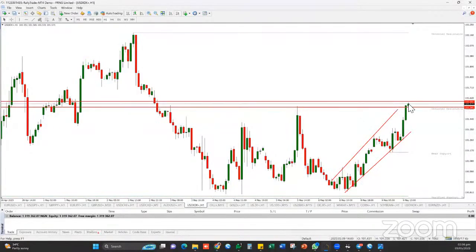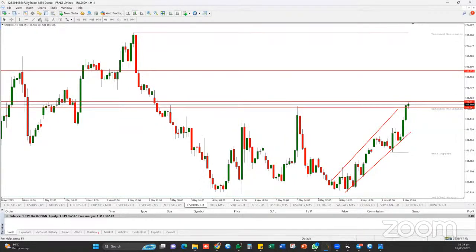101.591. Because I'm looking at this, it might be a fake out, so it never can tell. But if it goes above here, then our next target should be this level. So if this particular trade can comfortably close above this region, then we're looking at a further buy on this point. But then, of course, you know that the major direction we're looking at, the major expectation we have